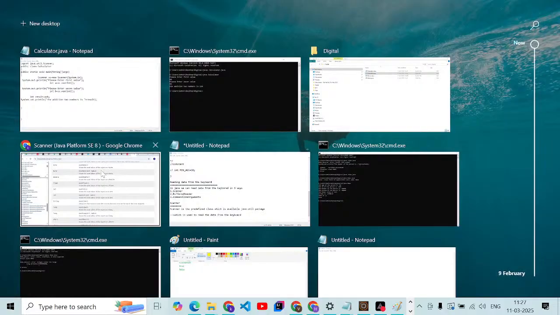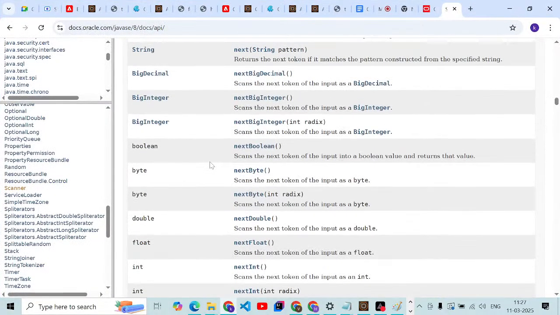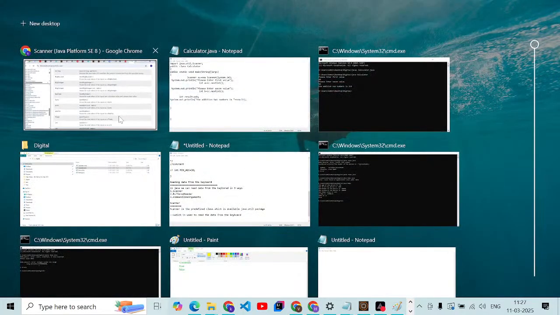Okay, so you guys can do the program with respect to data types as one program, and with respect to the Scanner class as another program. Please do that one, and then